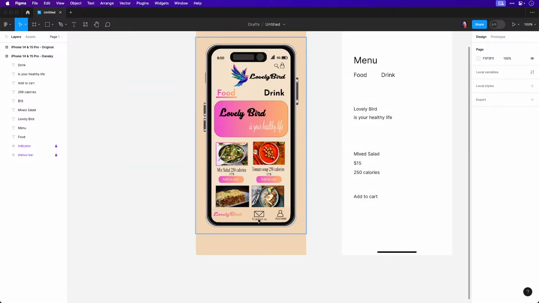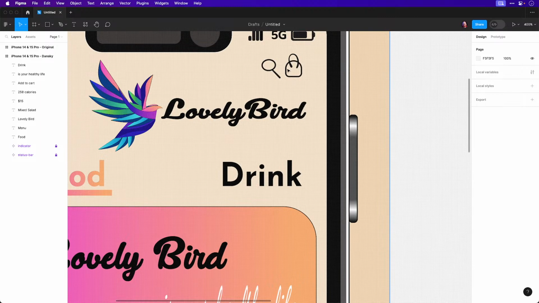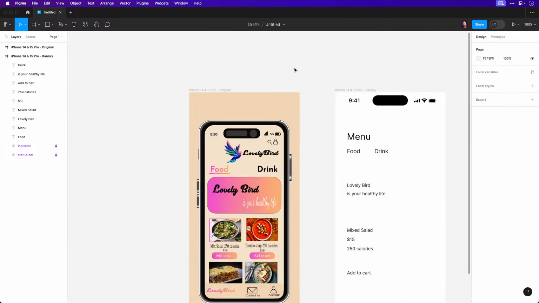Yeah, contact us is fine. That could possibly be a chat, a real-time chat would be quite good. You might have an account if you've logged in. We definitely need to have an icon, so whether it's a home, a dashboard, a menu, something that indicates this main page. And we've got a search icon as well and a basket, so